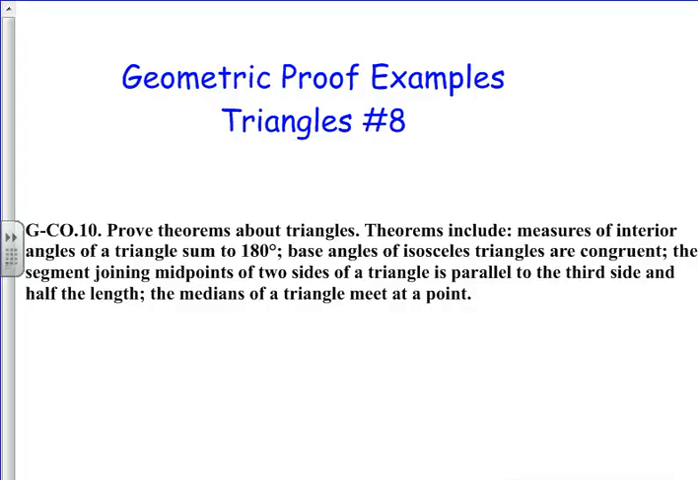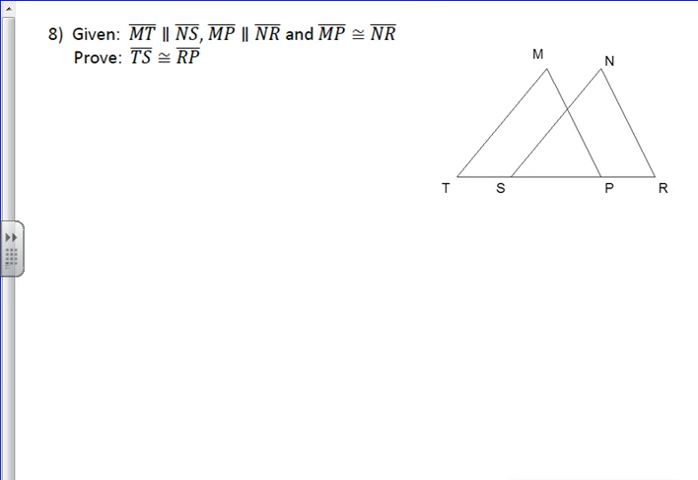This is another example of a geometric proof involving triangles. On this one, you've got some overlapping triangles, triangle MTP and triangle NSR. And you're given some information about that. And so we're going to do a two-column proof here. And so we just plug that into the given. Just for time's sake, I'm not going to write that out, but you should always write out what your given